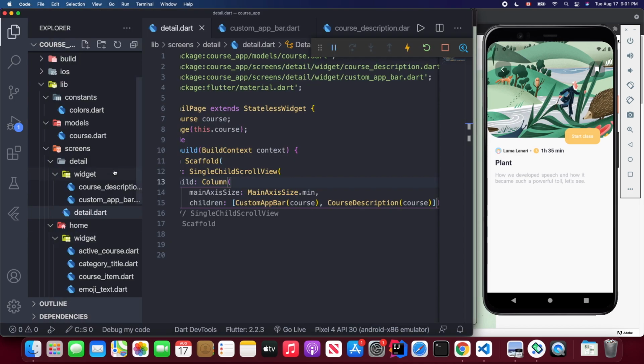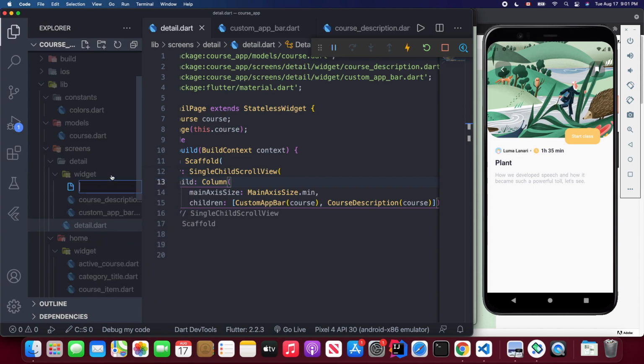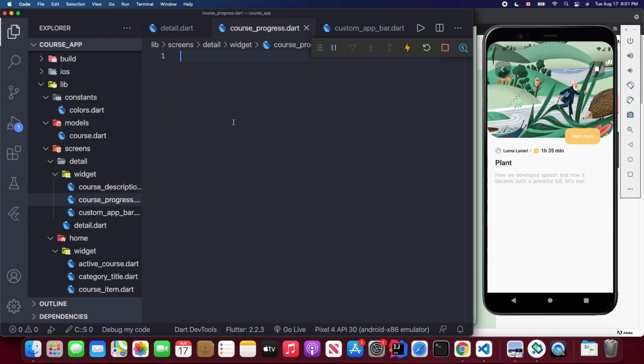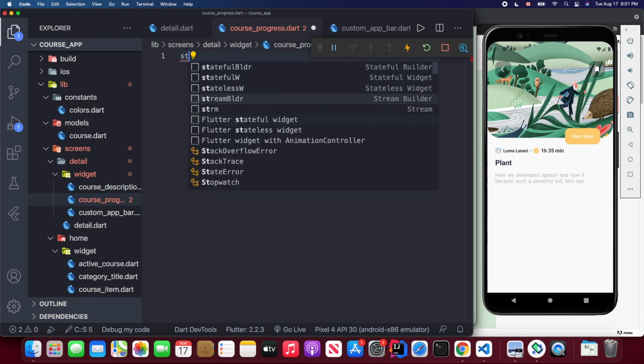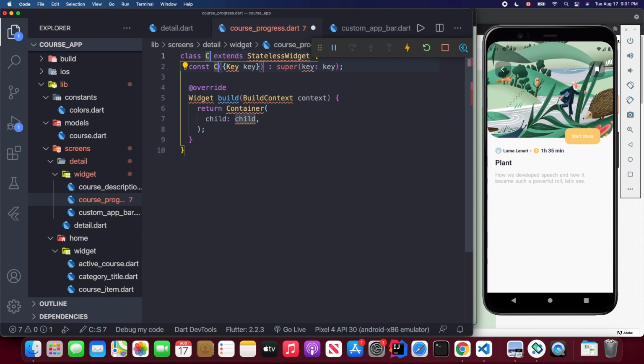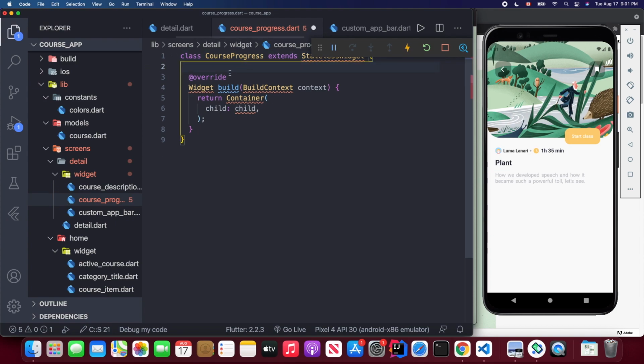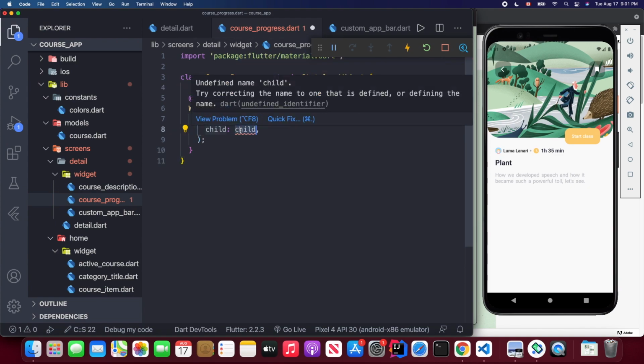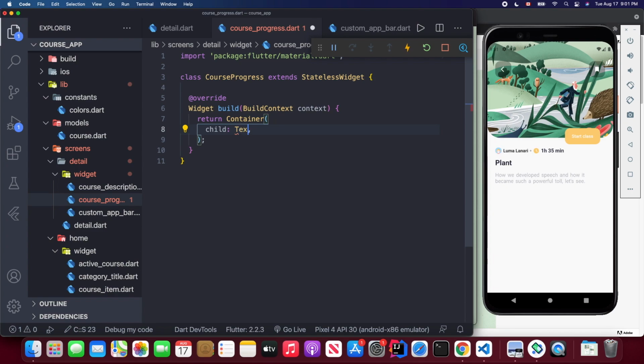Back to Visual Studio Code. Inside this widget folder, we create another file called course_progress.dart, and we save. Inside this course_progress.dart, we make a stateless widget, and I just call it CourseProgress. Right, and we can remove the constructor and import a library. And here I just write some text, this progress,